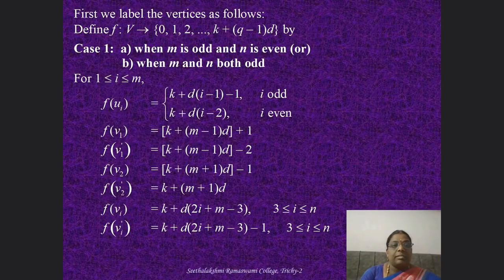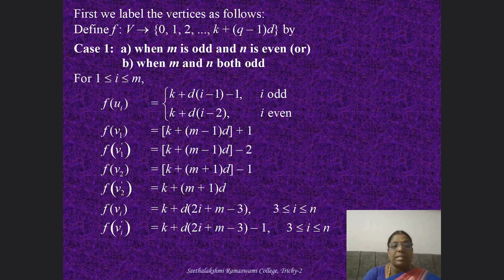For the result, we have two cases. First case, when m is odd and n is even, or when m and n are both odd, we label the vertices as follows. f of u i equals k plus d into (i minus 1) when i is odd, and k plus d into (i minus 2) when i is even, and f of v 1 equals k plus (m minus 1) into d plus 1, f of v 1 dash equals k plus (m minus 1) into d minus 2, f of v 2 equals k plus (m plus 1) into d minus 1, f of v 2 dash equals k plus (m plus 1) into d,